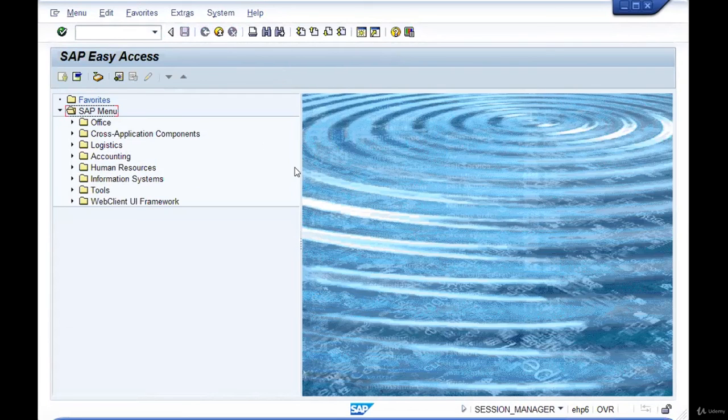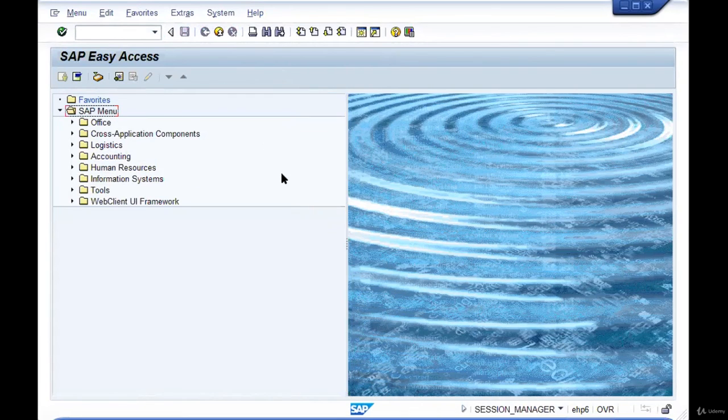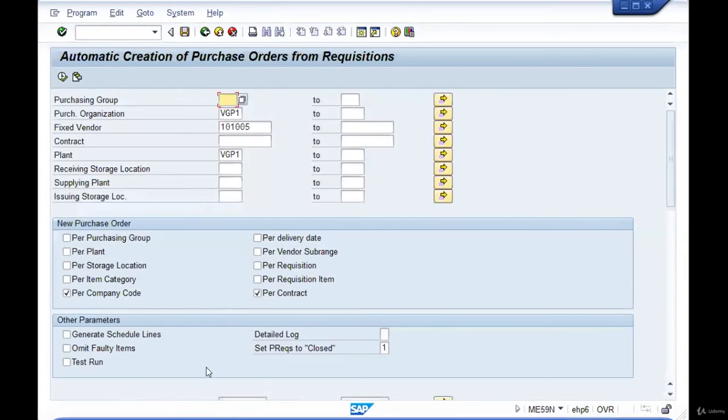Now our purchase requisition had only one item. And in real time, there will be a lot of items for a lot of plants. So when we go to ME59N, this second subscreen will specify on what criteria the system has to create a purchase order from the items in the purchase requisition. So the criteria will pull out a lot of purchase requisitions, and since in each document there will be a lot of items, the second subscreen will identify on what criteria the purchase order has to be created. Okay.